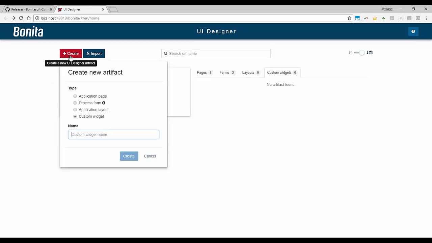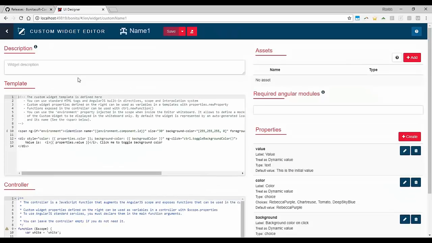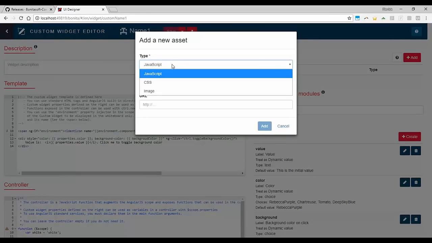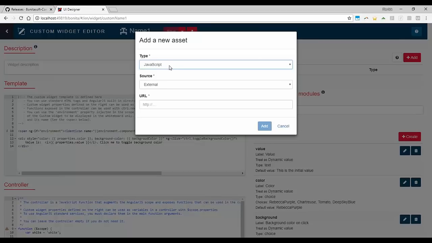So for that, you create the custom widget with a specific name, say name1, and then you will see that this name1 custom widget is coming. So this is AngularJS specific, but basically you provide a description, some assets, so that could be some JavaScript module or whatever, some CSS if you want some rendering, and an image.